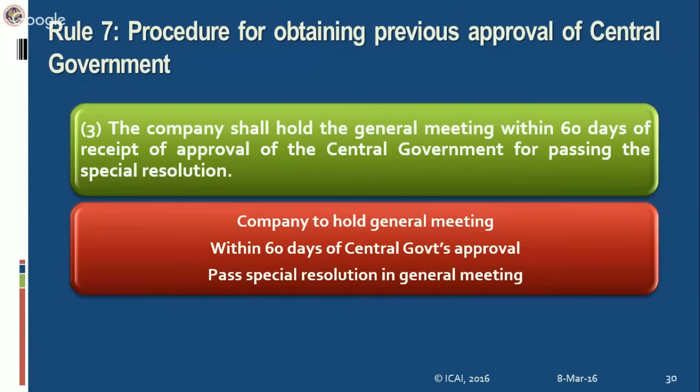The company shall hold the general meeting. Now the central government approval has been done. What was section 140 telling? That the auditor may be removed from his office before the expiry of his term with the help of a special resolution after obtaining previous approval of the central government. Now a special resolution is a must. So the company shall hold the general meeting